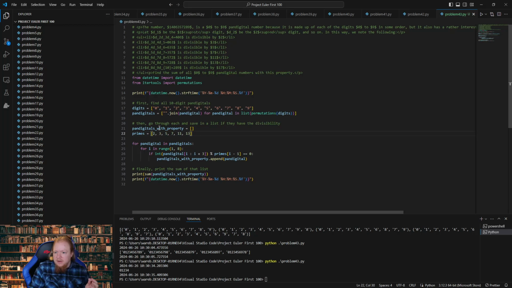And then digitals, we make this empty list. We make a list of all of our 7 primes. We make a range of 7. And then we take this pandigital, which is a string, and we say we want the elements from index